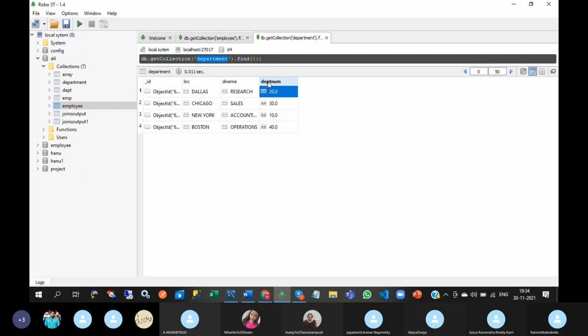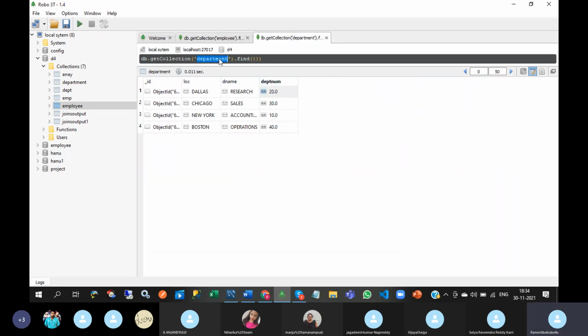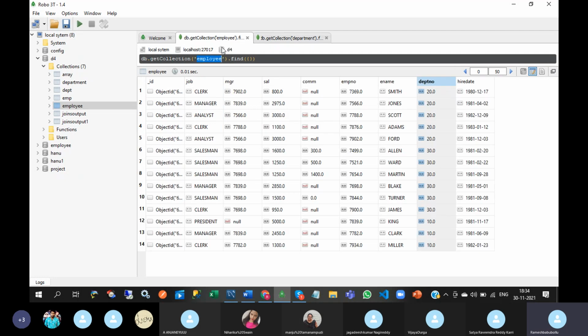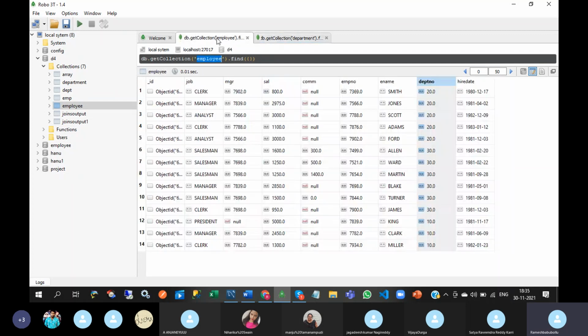So for differentiation, I have given DEPT NUM, which is equivalent to DEPT number in the employee collection. In the department collection, department location, department name and department number are there. In the employee collection, as usual, employee details are there, and department number is the mapping column, like a common column for both collections.